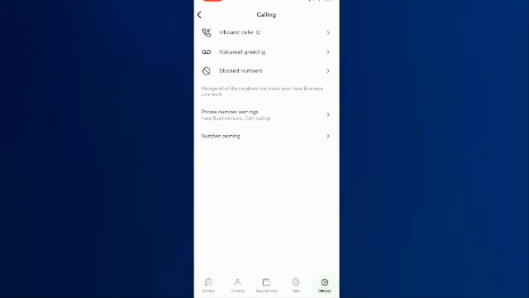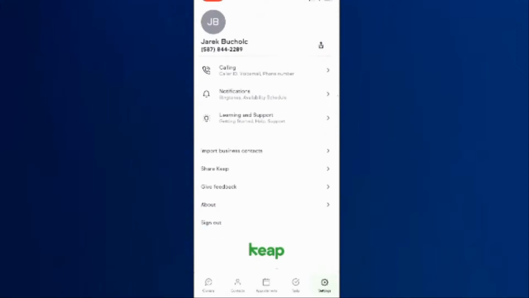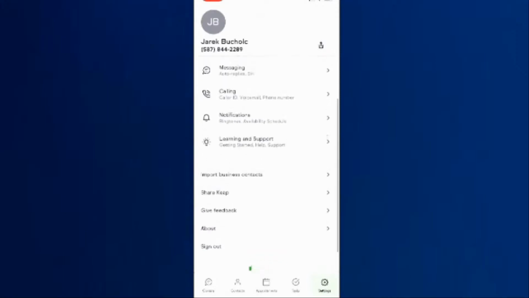The same rule applies if somebody calls back, and they will see the business phone number, not your personal phone number. That's very important, right? I like that feature very much, and it appeals to many business people.